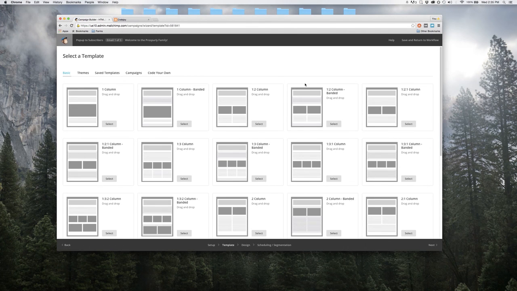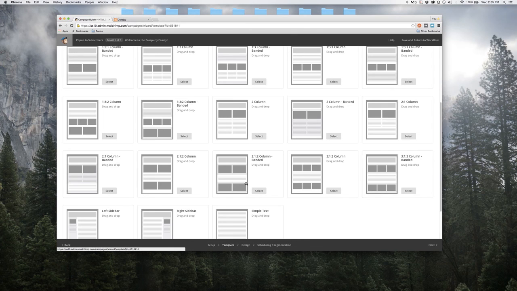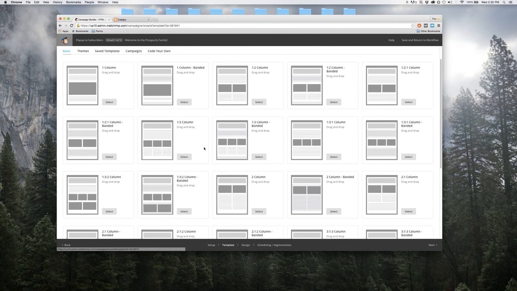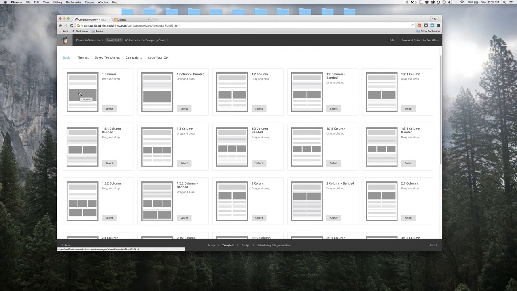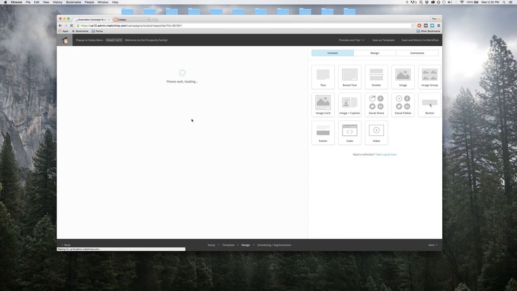And this is one of the reasons why MailChimp is really cool, is that they've got a lot of different templates to choose from, and you can do really crazy customized emails, with 3 different rows, 3 different columns, or you can just do really simple ones with 1 column, and it's all drag and drop too, which makes it really easy. So let's select the 1 column one just for simplicity's sake. And we'll see here, now that we've selected our template,